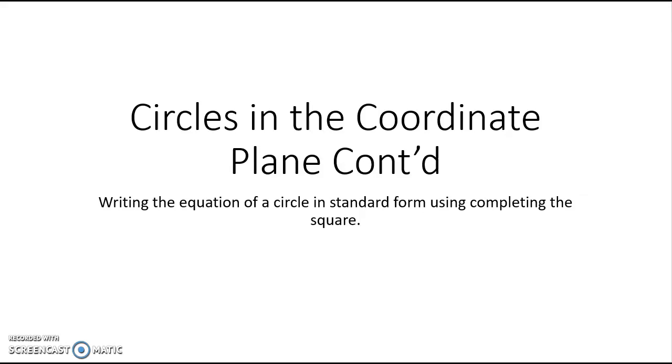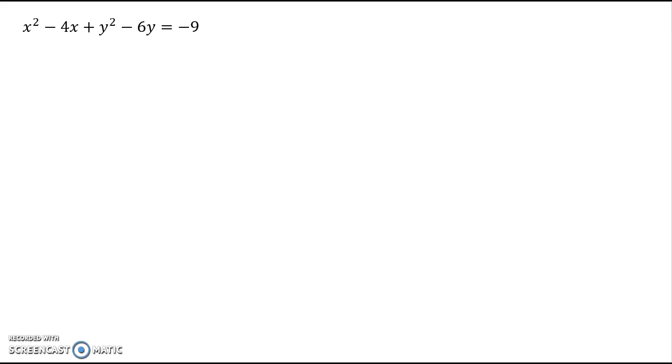So now that we reviewed solving by completing the square, we're going to be able to write equations of circles in standard form using our method of completing the square. The best way to get into this is just start with an example. So if I look at this first example, I've got x squared minus 4x plus y squared minus 6y